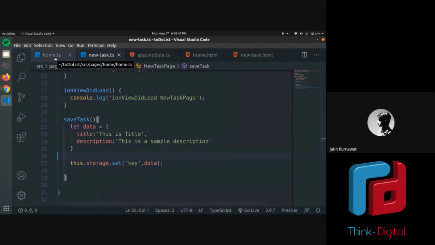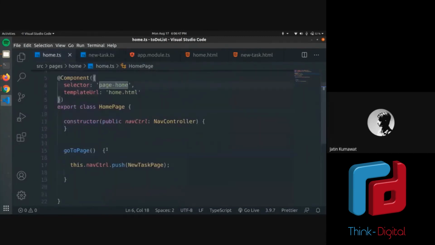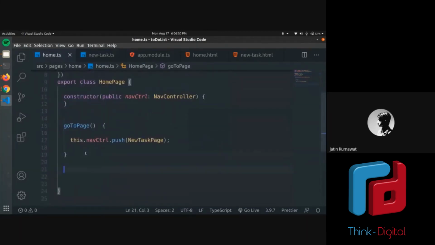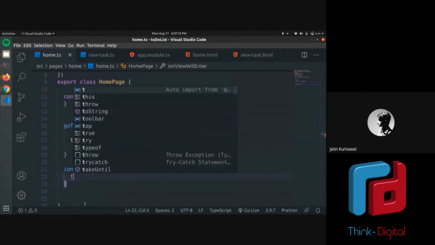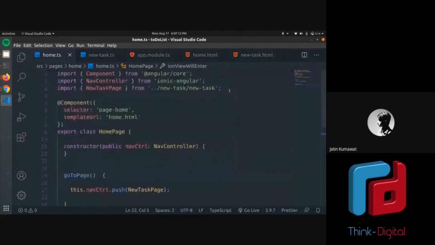Now I will go to the home.ts file, and I will write a function called ionViewWillEnter. This is a default function given by Ionic. It will call itself every time the page loads, just before the page loads completely. In this way, I will fetch all the data from the storage. Okay, so I need to import storage once again here.